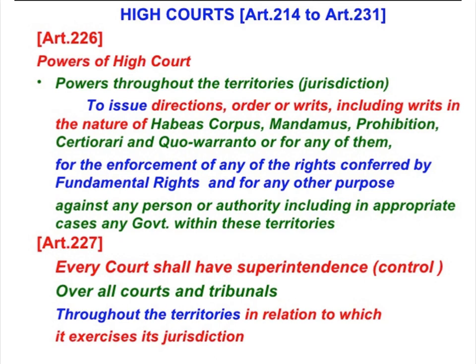Appellate jurisdiction in civil cases. An appeal can be made to the High Court. An appeal can also be made from the subordinate court directly, if the dispute involves a value higher than 5,000 rupees or on a question of fact or law. In criminal cases, it extends to cases decided by sessions and additional sessions judges, or if the sessions judge has awarded an imprisonment for 7 years or more, or if the sessions judge has awarded capital punishment. The jurisdiction of the High Court extends to all cases under the state or federal laws. In constitutional cases, if the High Court certifies that a case involves a substantial question of law.